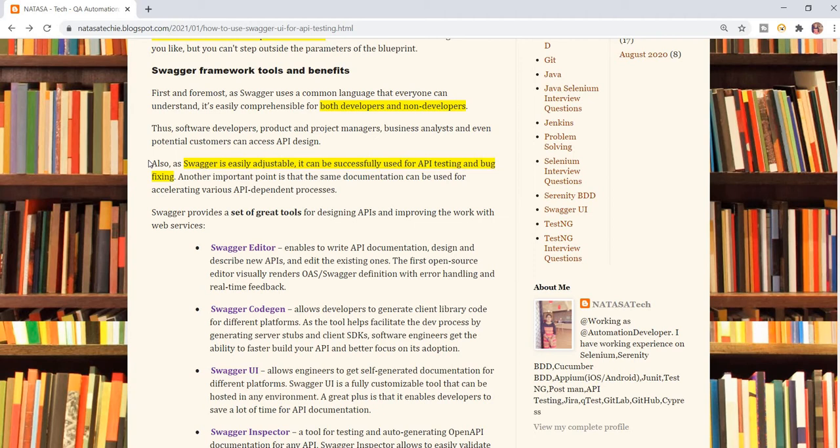Next is Swagger Codegen. It allows developers to generate the client library code, because a specific page is developed by some developer group. For example, take a real-time example, Amazon.com. Amazon is a whole application, and inside the application there are different modules and pages available. Take add to cart and place order.